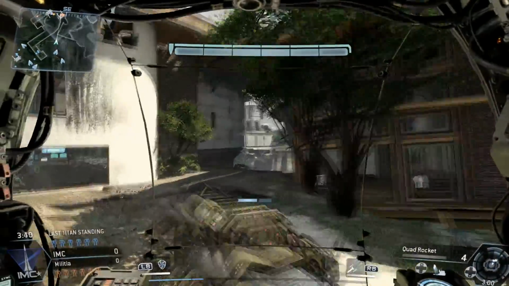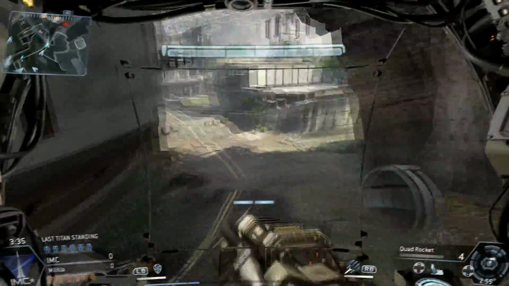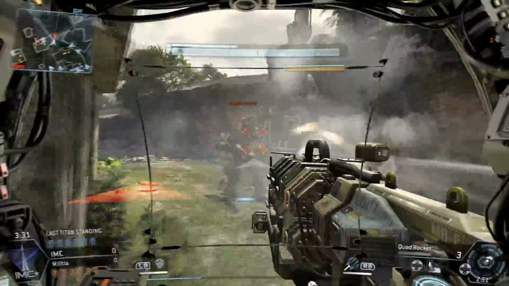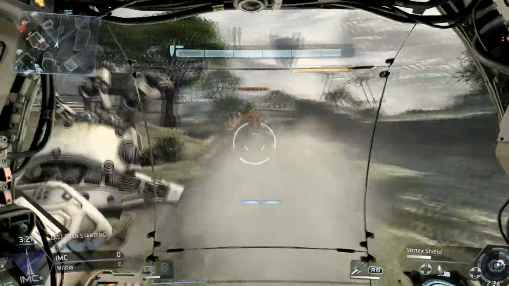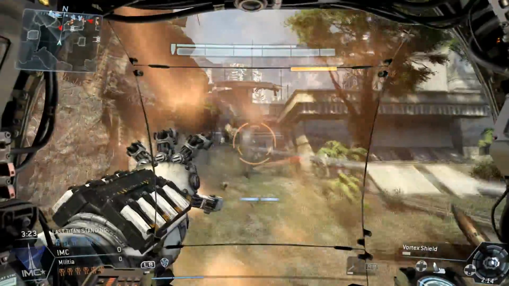Now, what is Last Titan Standing, you say? Well, it's pretty obvious. Destroy the enemy Titans, 6v6. First to do that is the winner. In the beta you will be playing as the Atlas Titan, who we're seeing in action here, and you have